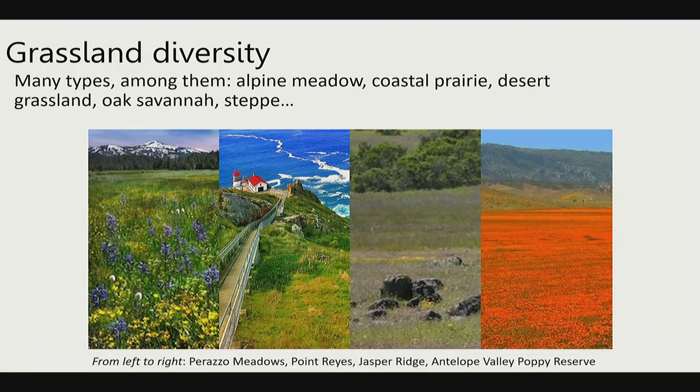But it turns out that despite that, there still are a lot of incredibly diverse grasslands that still exist in California. And again, when we think of grasslands, it doesn't just have to be that stereotypical big rolling hill oak savanna with one or two trees popping up here and there. There's a lot of diversity. So just in California, we have places like Peraza Meadows, up there in the Northeast, dominated by beautiful wildflowers at higher elevation. Conditions are right, despite it being a little bit higher elevation, to maintain a grassland in this montane, mountainous ecosystem.